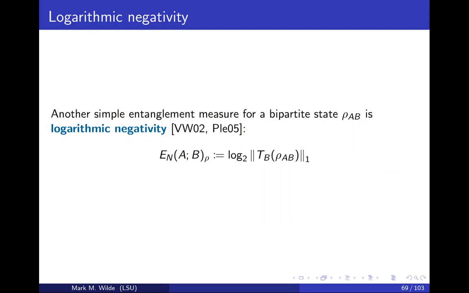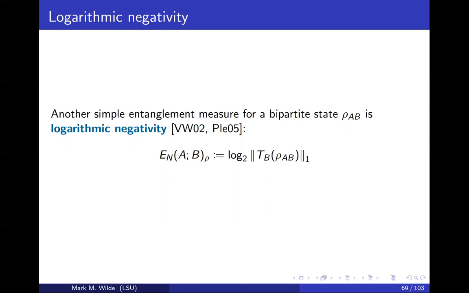Okay. So how do you compute this? What you do is you have a density operator rho, you take the partial transpose on B, and then you compute the one norm, the trace norm, and then you take the log of that. Maybe it's a bit unclear why you would do this, but